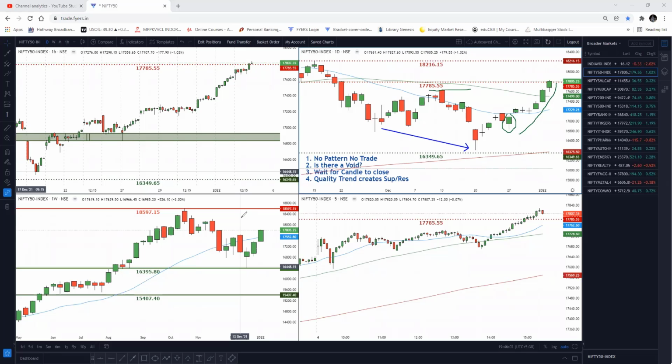And if you just check this in the weekly time frame, even this time frame doesn't suggest that there is any strong resistance to the left nearby. However, when prices reach around these areas, then we might see some kind of reaction. So after this bottom, after this pivot low, which is around 16,300, this market is continuous in an uptrend.